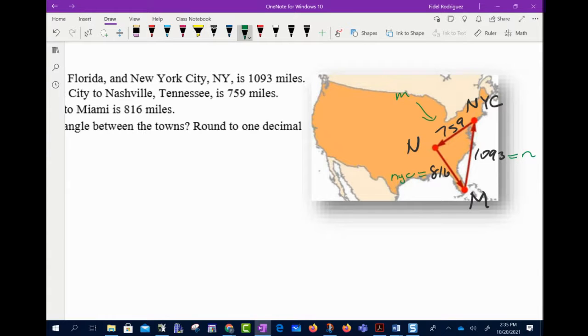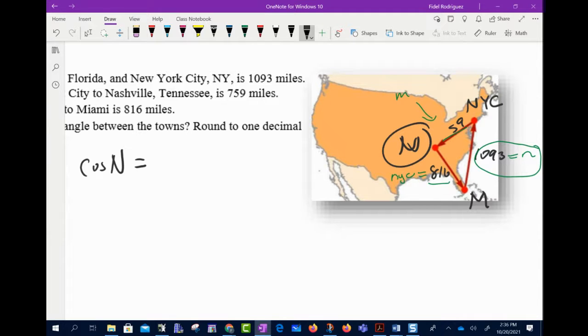All right. So guys, the easiest way to kind of think about this is when you're thinking about the Law of Cosines, if you're using, say, this side right here, the angle that's going to be written is the angle that's opposite. Okay, so what I mean by that is if I were using the Law of Cosines, I would say n squared equals, I'm going to use these other two sides. And so I already know that my n squared is 1093, so I'm going to say 1093 squared. And since I'm actually, you know what, let me pause for a second. Since I'm trying to find this angle n, I'm going to use one of those alternative forms. So the way I would do this would say cosine of n